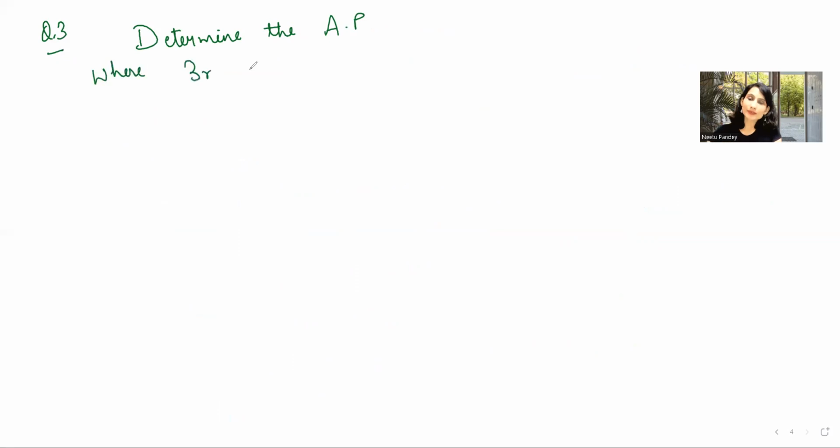third term is 5 and seventh term is 9. ओके, अब यहाँ देखिए कि nth टर्म वाला फॉर्मूला यूज करके हम AP we can easily find out the AP, the terms of the AP. So first according to the given condition, third term मतलब A3 है 5, okay, and A7 है 9.